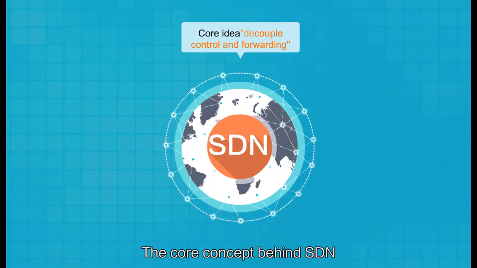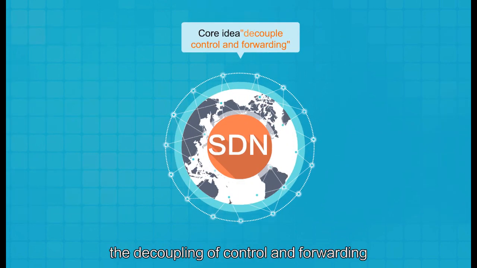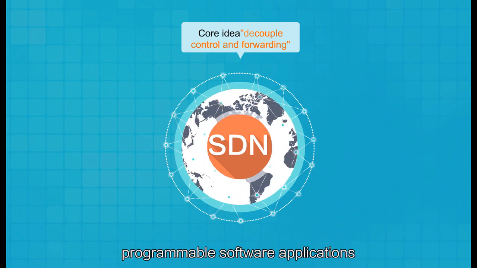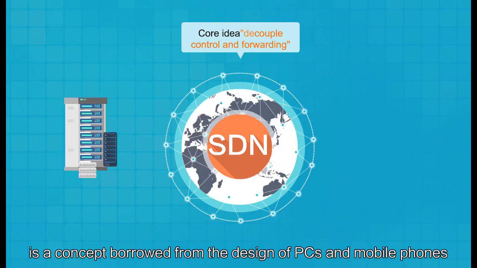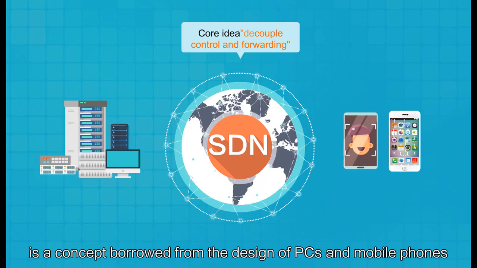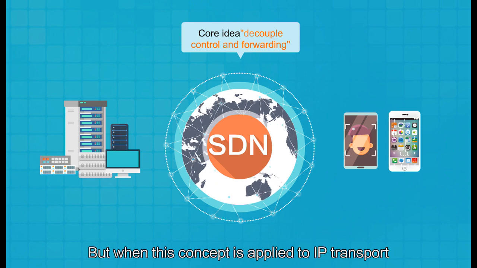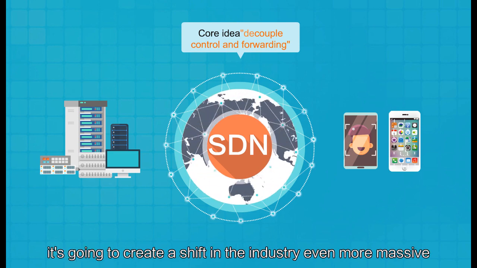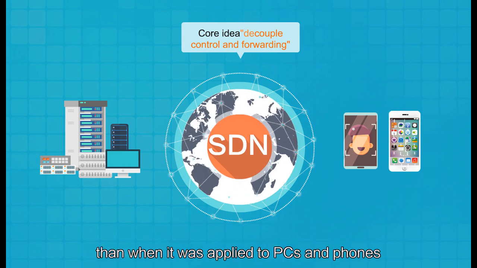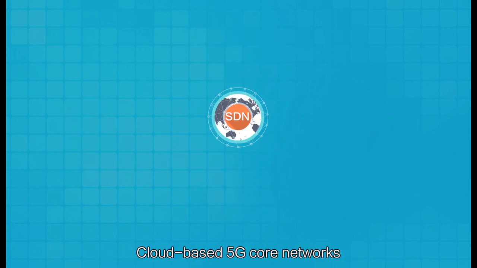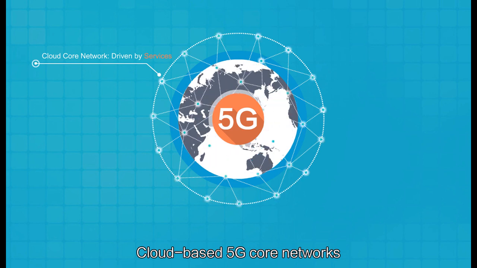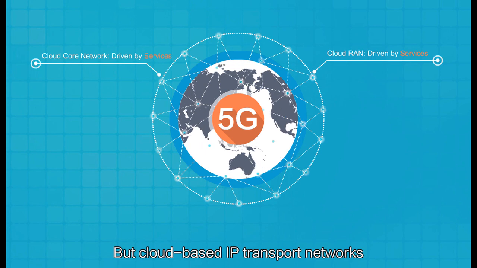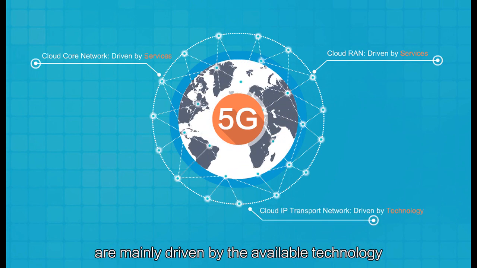The core concept behind SDN, the decoupling of control and forwarding paired with flexible, programmable software applications, is a concept borrowed from the design of PCs and mobile phones. But when this concept is applied to IP transport, it's going to create a shift in the industry, even more massive than when it was applied to PCs and phones. Cloud-based 5G core networks and cloud RANs are mainly driven by services, but cloud-based IP transport networks are mainly driven